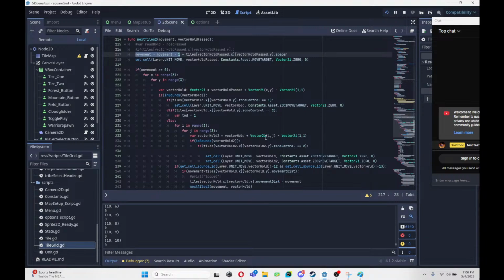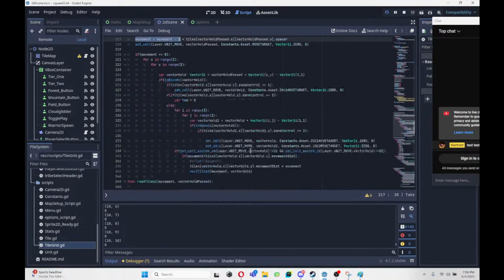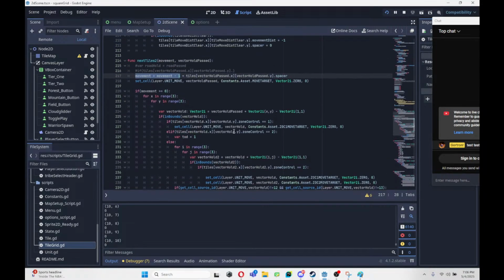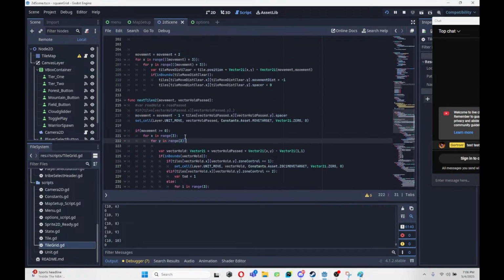It's kind of sloppy. It works. It's efficient enough to run instantly at like 8 units. So 8 moves. So anyways, basically I'm just going to break it through. First of all, it'll check if movement's greater than 0. We'll get into why we do that later. And it'll also set whatever,